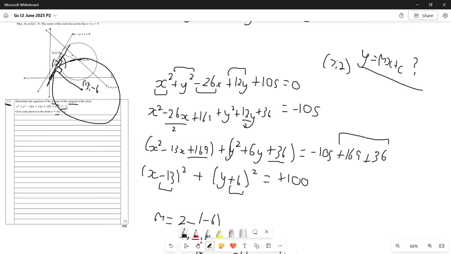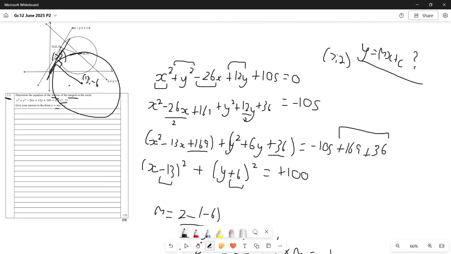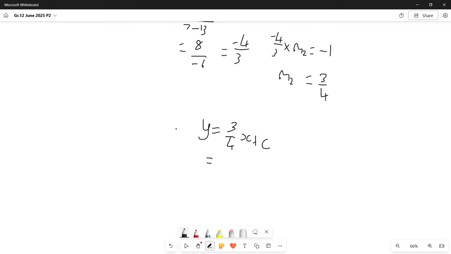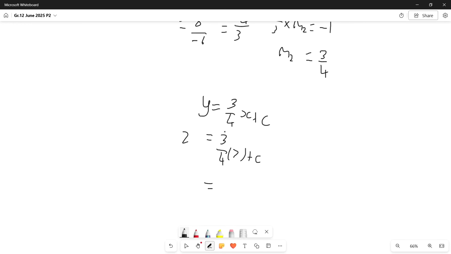And then this tangent does not go through this 13 and -6. It isn't the radius, but it does go through 7 and 2, this point on the circle. So we can plug in the 7 and 2 into our x and y value, which means we have 3/4 times 7 plus c, and then our y value was 2. So we can just simplify this. 3/4 times 7 is 21/4 plus c equals 2, and then 2 minus 21/4 equals -13/4. And that is our c value, which means